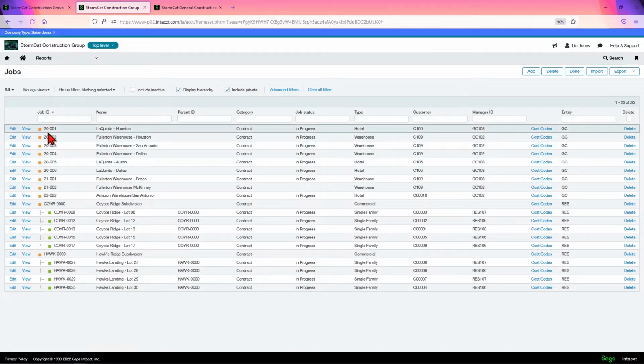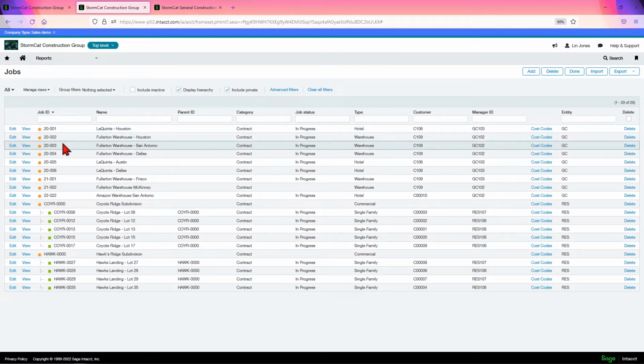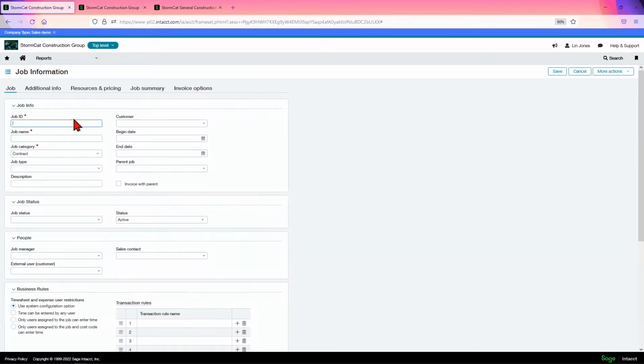So you'll have some that'll have a location ID to start with, and then like 001 or 2 or 3 for the specific jobs in that location, or you can have a subdivision. The ID is harder to auto number because of how you might want to see it. So in this particular case, I would say auto numbering is not always your best option. So you give it an ID, you'll give it a name. Your job category is going to be contract, capitalized, internal non-billable, or internal billable. Most cases it's going to be contract or internal non-billable. Notice the red asterisk. Red asterisk means required.